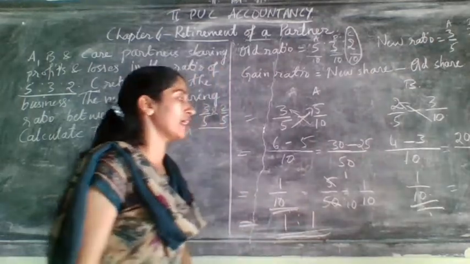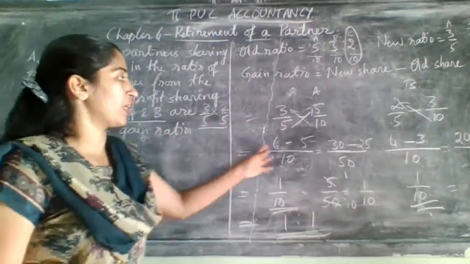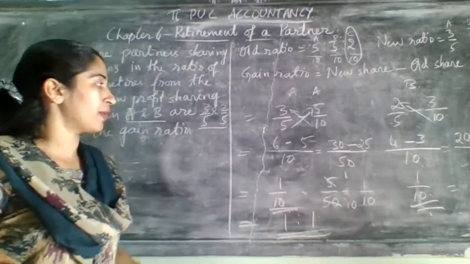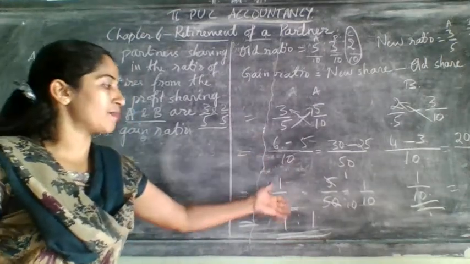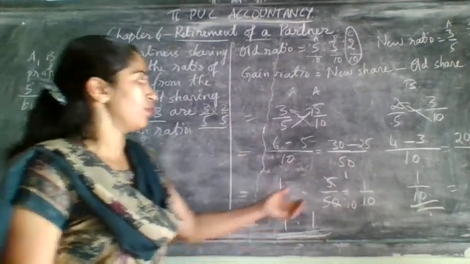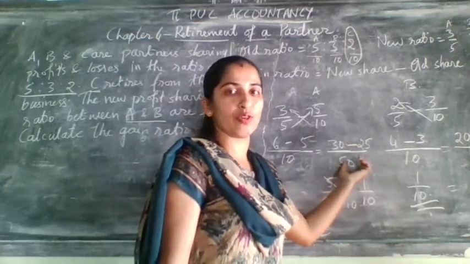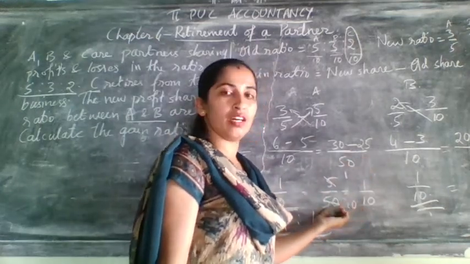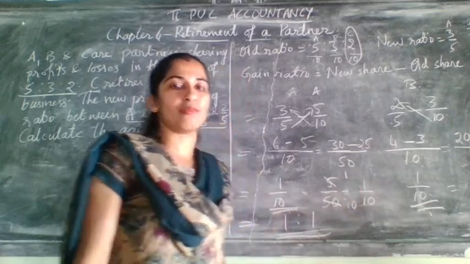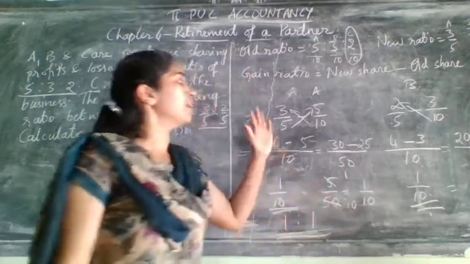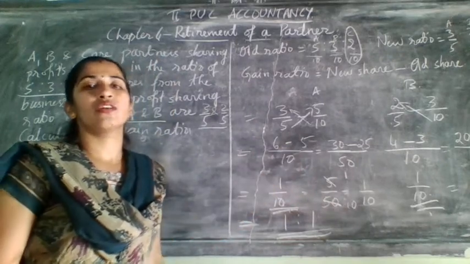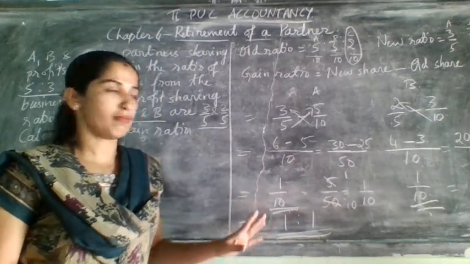So after taking this, as I told you, you can do it in two methods, but better follow the first method only. Why? Because you will get the simplest form of answer. If you do the cross multiplication form, you will get bigger numbers. Again you need to do the simplification of that. But if you do it in both the methods, we will give you marks.